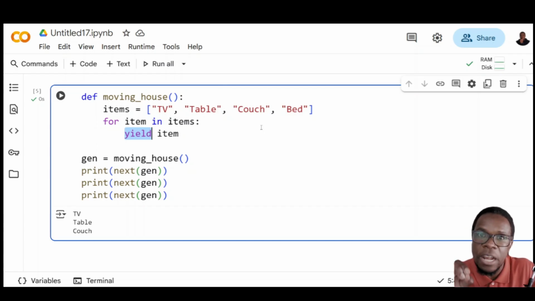So think of the generator object as the delivery truck driver, the guy who stands between you and the truck. Whenever you need an item, he goes, gets it from the truck, and gives it to you. So the generator object uses this next function to ensure that it gives you the next item